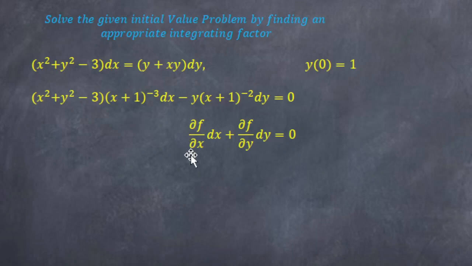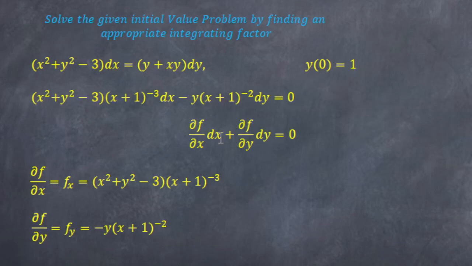Now, to find the solution f of x, y, take note also here that our partial derivative of the solution f with respect to x can be denoted as fx, and the partial derivative of the solution f with respect to y can also be denoted as fy. Now, to find a solution f of x, y, we can integrate either fx with respect to x, or we can integrate this fy with respect to y. Either case will work, but we'll find which case is better and is easier to integrate, since here we can see that fx,